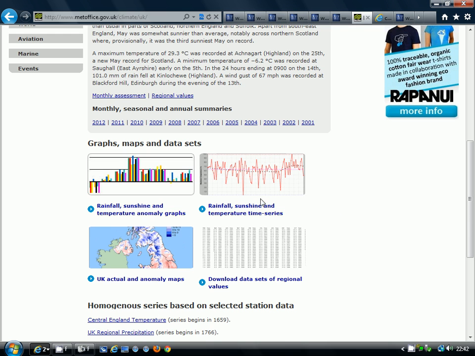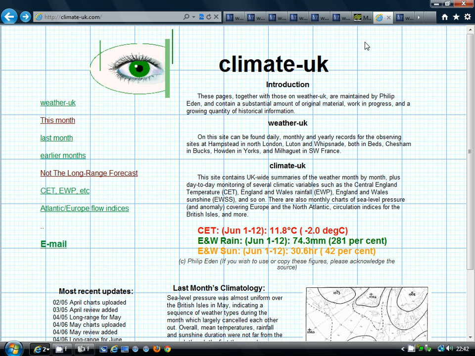This doesn't run as the month is progressing, but it does tell you at the end of the month how the month has developed. So this is quite useful to go to at the end of the month to see what's gone on through the course of the month in terms of the data. If you want a website that shows the data as the month develops, this one used to be quite good,